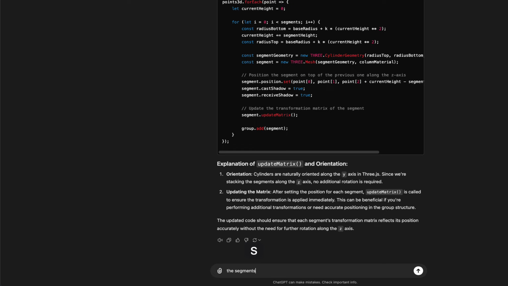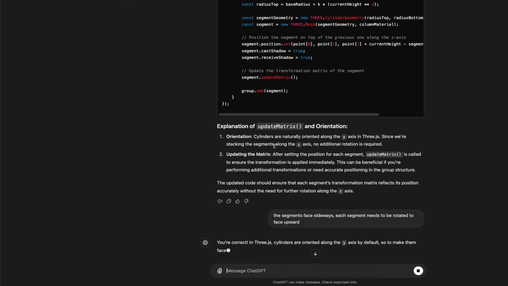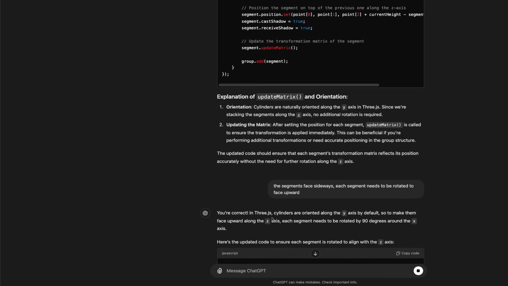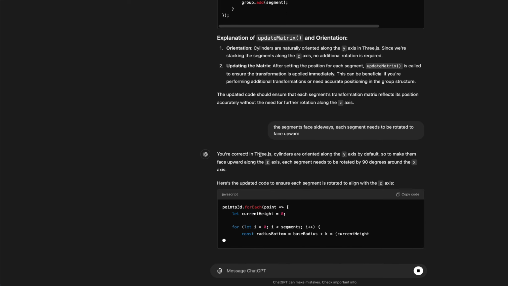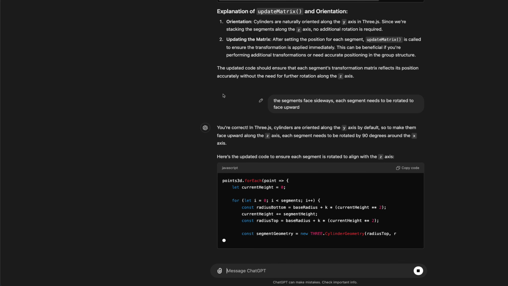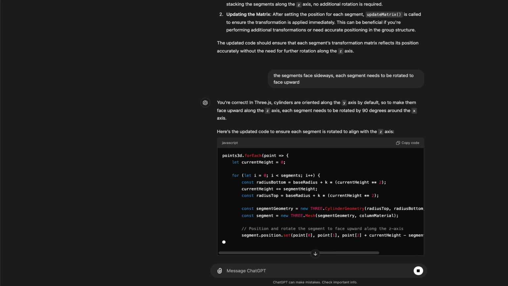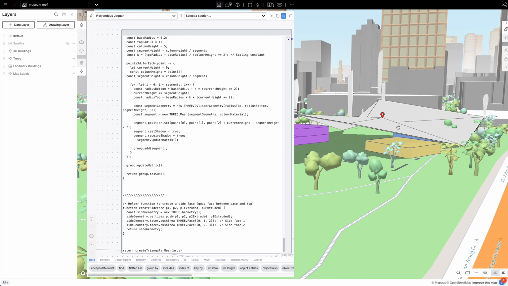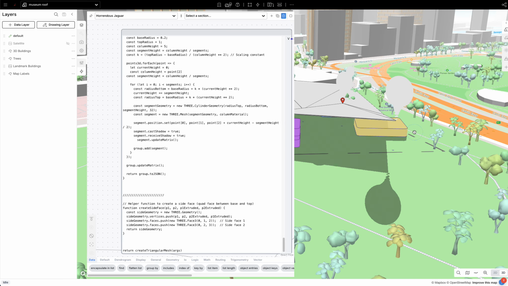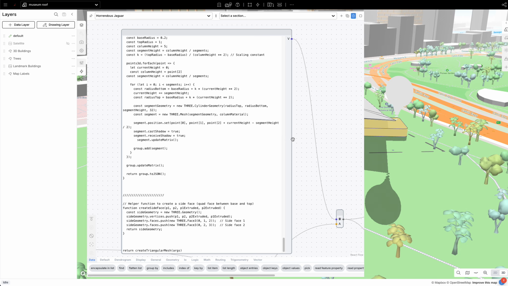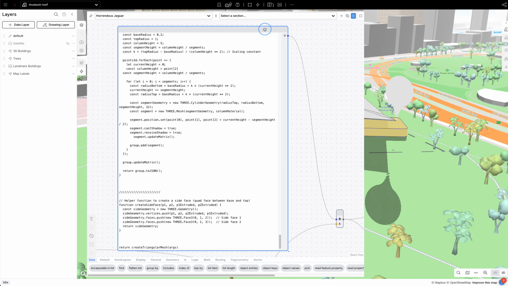The segments face sideways. Each segment needs to be rotated to face upward. I'm telling you that. I am correct. Now, also, I don't believe that the height is correct. And also, I don't believe that I'm getting the correct